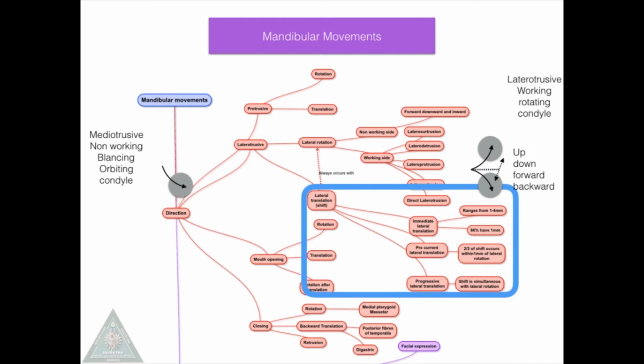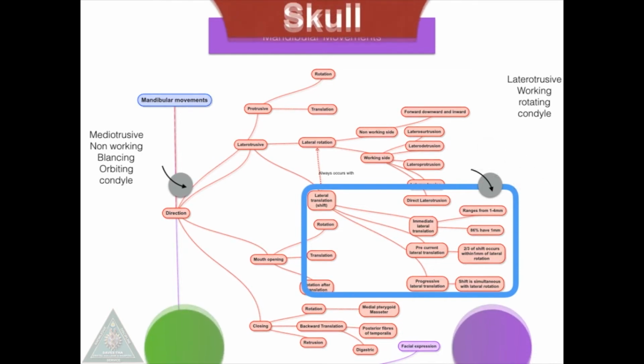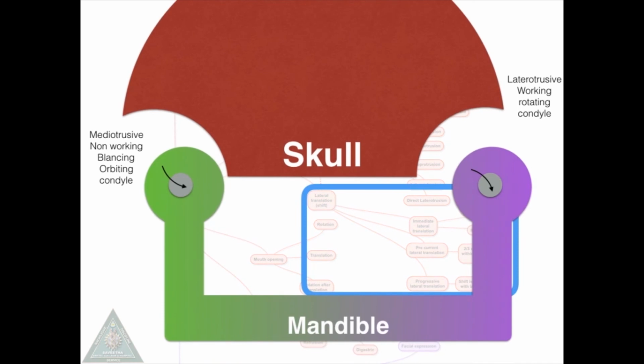The shift of the mandible is determined by the presence of bony or soft tissue landmarks. In this case, it would be the entoglenoid process, which is the medial wall of the glenoid fossa, and the temporomandibular joint ligament. So in immediate side shift, as I explained, you will see the shift of the mandible and then there is lateral rotation. Whereas in progressive side shift, there would be shift of the mandible and lateral rotation occurring both together.